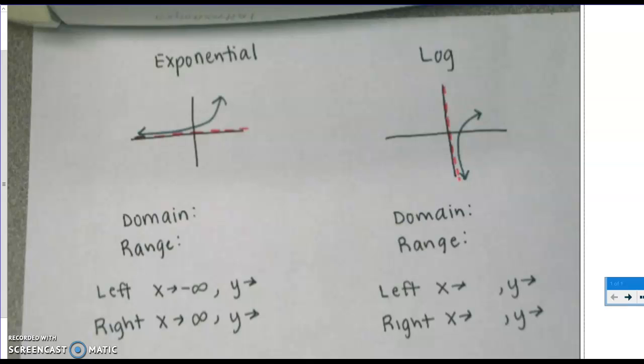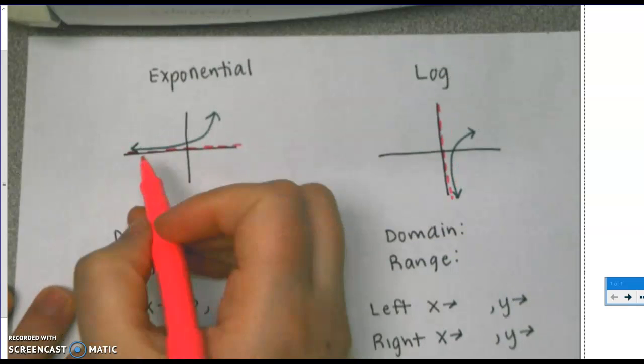These graphs look similar. They are related to each other. Exponentials and logs are inverses of each other. When we're solving exponential and log equations, they cancel each other out when we're trying to get x by itself or y by itself, whatever we're doing. So the main difference, and how you can tell the difference between one or the other: